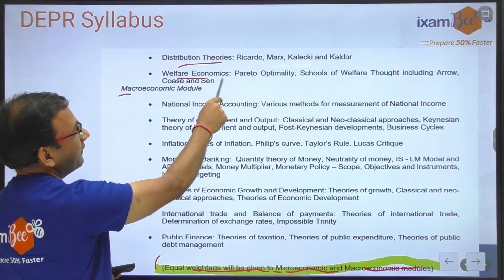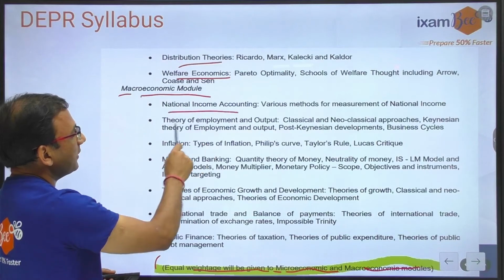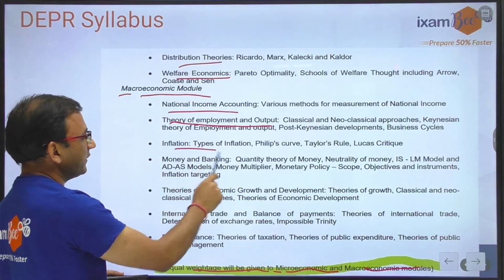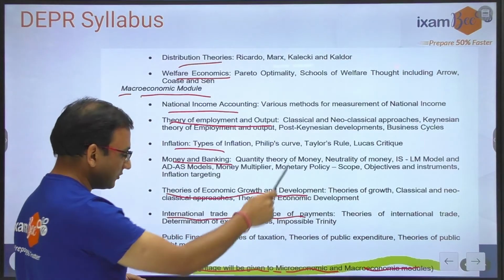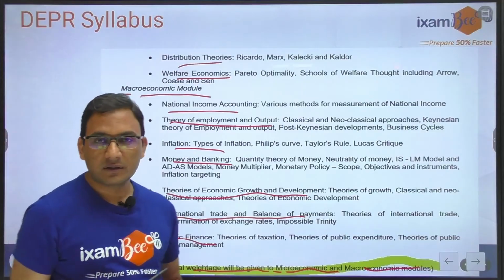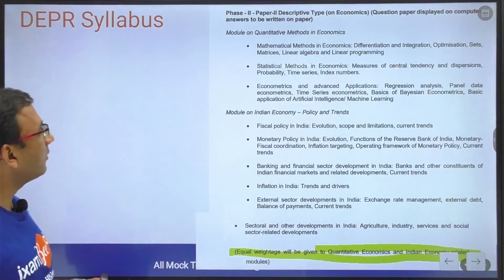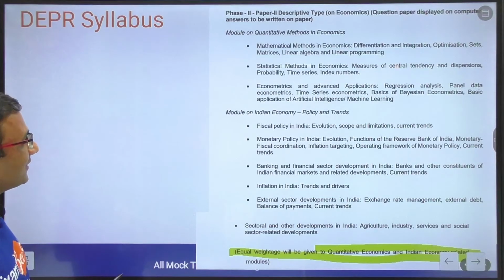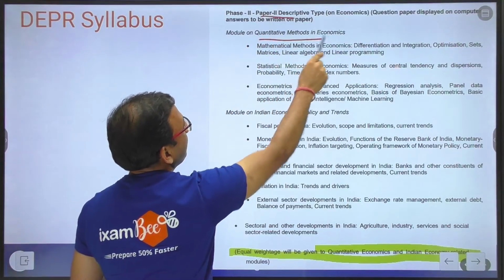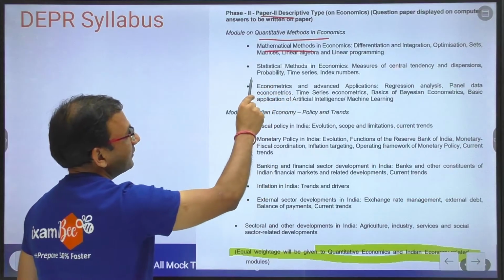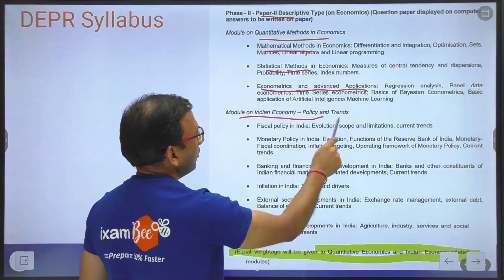Distribution theories, welfare economics. Then comes the macroeconomic module: national income accounting, theory of employment and output, inflation, money and banking, theories of economic growth and development, international trade and balance of payments, and public finance on the macro side. Quite a detailed syllabus. The good thing is that now RBI has given all this detailed syllabus. And also in Paper 2 in Phase 2: quantitative methods in economics, mathematical methods in economics, statistical methods, economics and advanced applications, and a module on Indian economy,